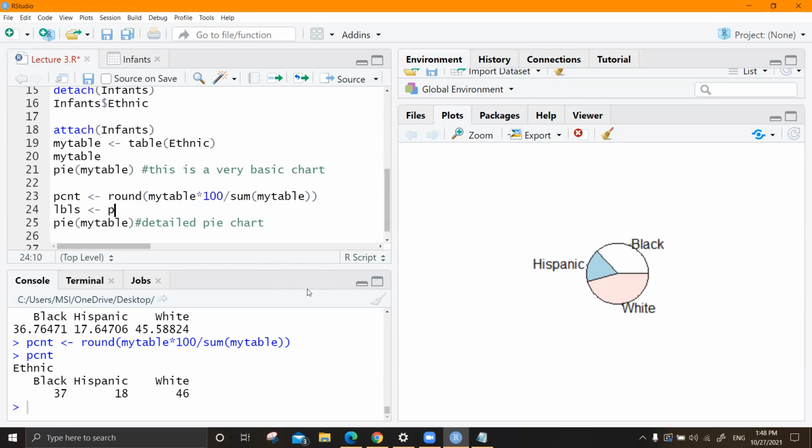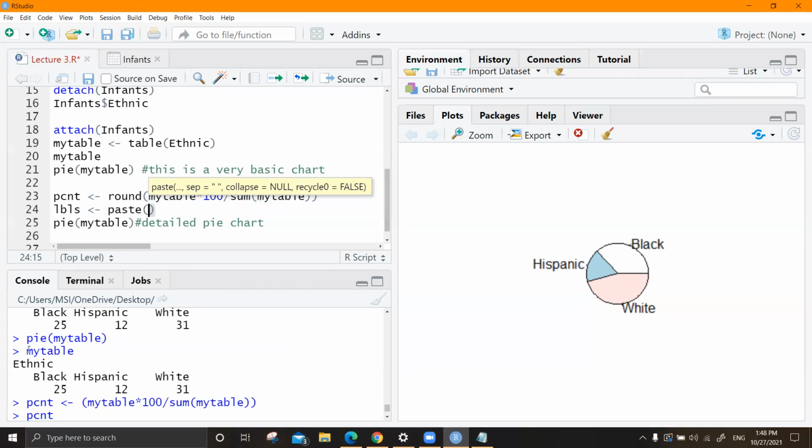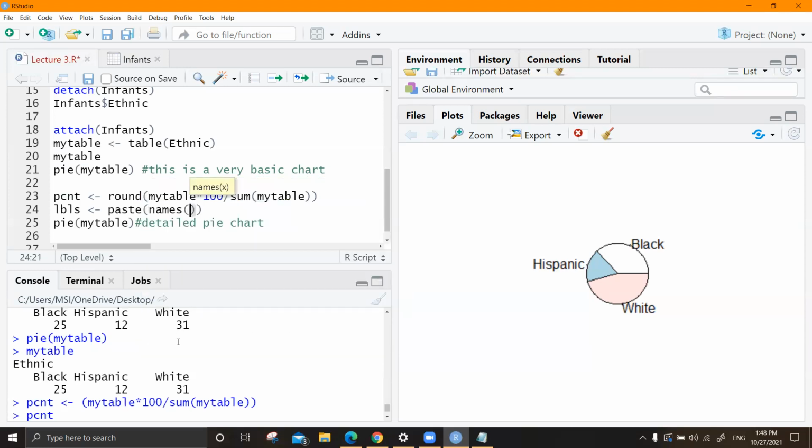I'm going to use this command paste because I'm going to have a couple of strings pasted one after the other. Okay, you are going to get the names of this. That means the column names of this my table. Okay, so the command is names of my table, right? That thing.